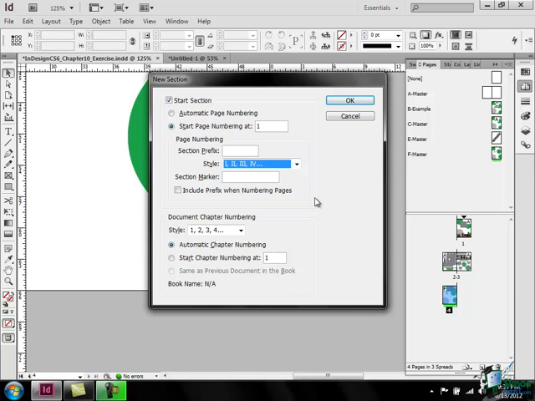Section Marker allows you to type a label that InDesign inserts on the page at the location of a section marker character. Include Prefix when numbering pages allows the section prefix to appear when you generate a table of contents or index, or when you print pages that contain automatic page numbers. Deselect this option to display the section prefix in InDesign, but hide the prefix in the printed document, index, and